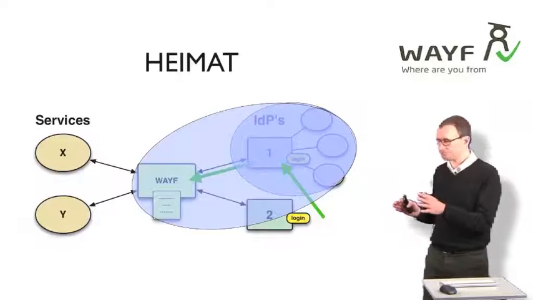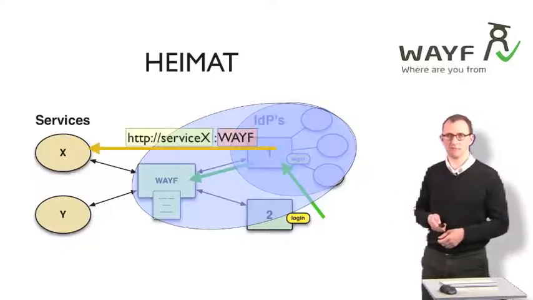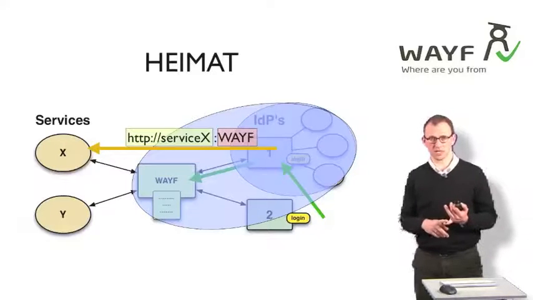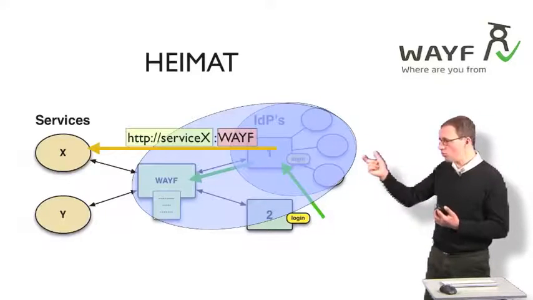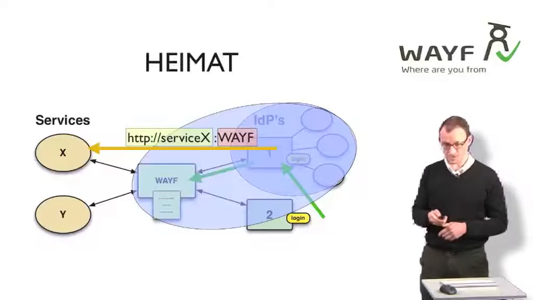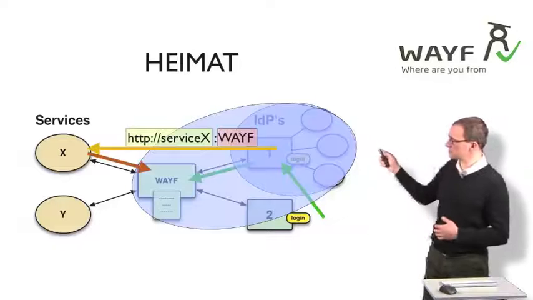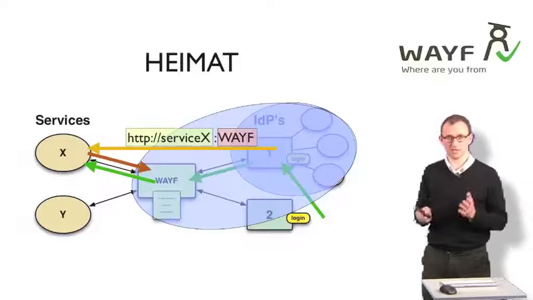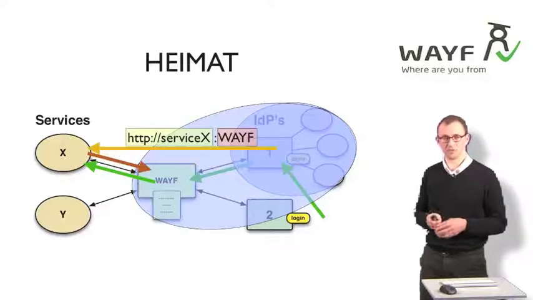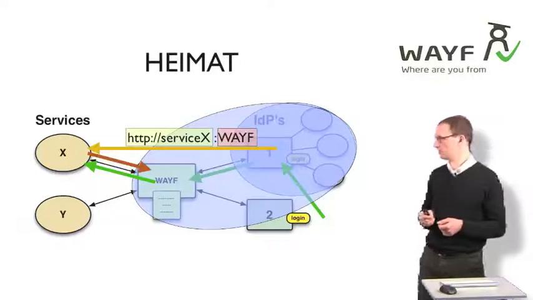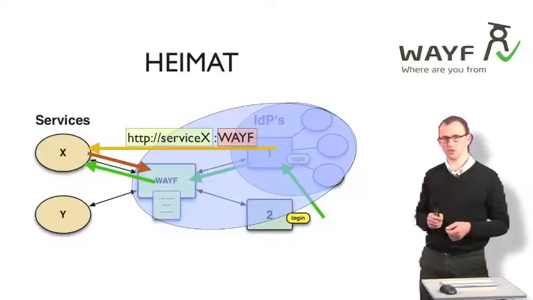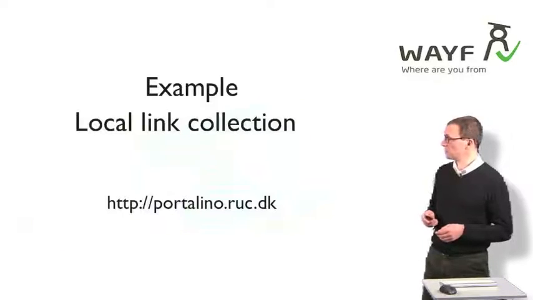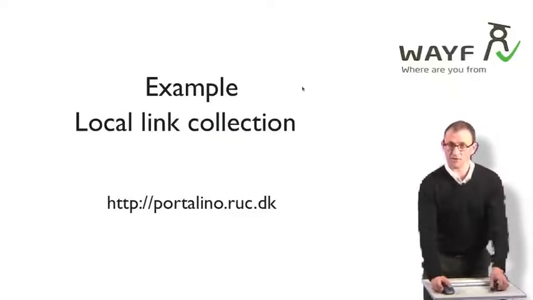Nu er brugeren inde på portalen, eller den lokale linksamling, og klikker på et link, som peger hen på en tjeneste. Men læg nu mærke til, at det her link er lidt kortere end det, vi så på før. Det indeholder nemlig kun 2 ting. Navnet på tjenesten, naturligvis, og navnet på det sted, hvor man kan logge ind, som er wayf. Og når man så rent faktisk klikker der, ja, så vil man jo blive selvfølgelig viderestillet til wayf, men da der allerede ligger oplysninger i wayf her, så vil svaret gå lynhurtigt tilbage til tjenesten, eventuelt igen med et brugersamtykke ind imellem der. Hvis man har gemt sit brugersamtykke, så vil man selvfølgelig ikke opleve det, og så vil man igen faktisk en lille smule hurtigere endnu end i forhold til det tidligere eksempel, få mulighed for at få direkte adgang til tjenesten. For nu at give et eksempel på, hvordan det kan gøres, eller for at vise jer, hvor let det er,